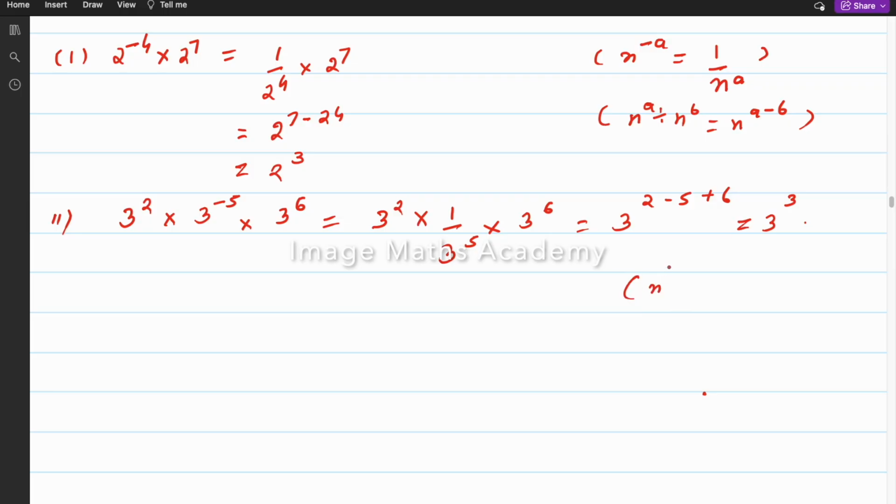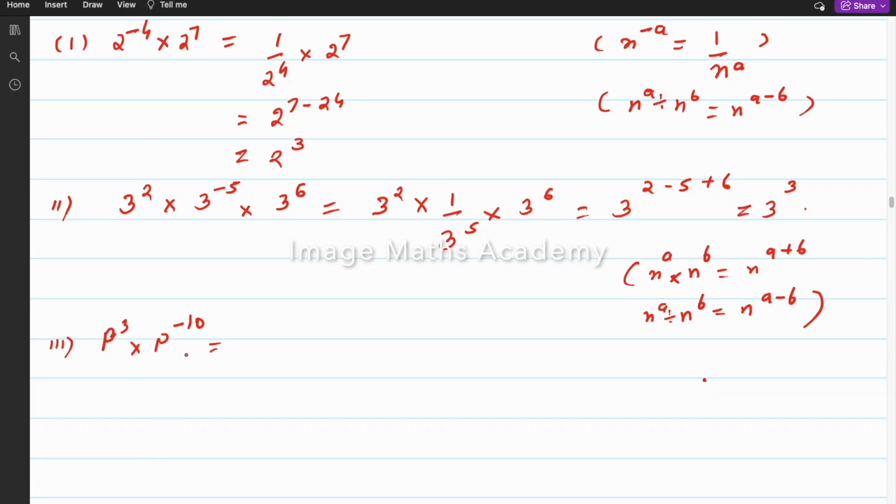Using n to the power a multiplied by n to the power b, which is equal to n to the power a plus b, and n to the power a divided by n to the power b equal to n to the power a minus b. एक्सपोनेंशियल फॉर्मूला यहाँ पे यूज किया हमने. So answer is 3 to the power 3. Third one, p to the power 3 multiplied by p to the power minus